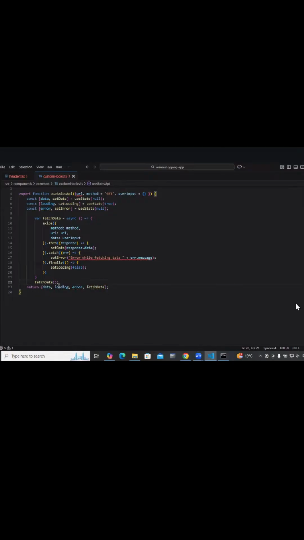Sorry. Now I'll be getting this fetch data, and I'll be getting error along with fetch data. Now this fetch data, handle submit. We'll be using the fetch data for this.